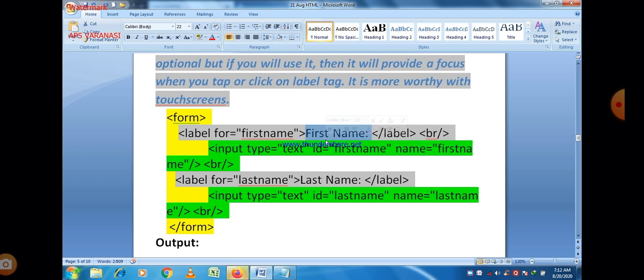This is the name of the first text box, and that is the name of the second text box.